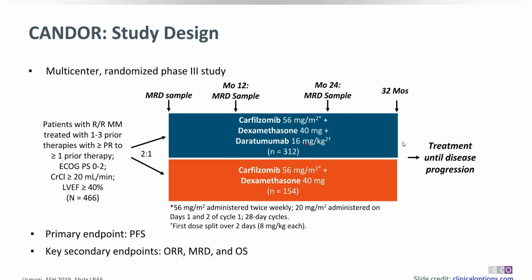For the initial 2 months it is the same schedule, as I said, every week. Then 4 months is different, monthly, and after that for 6 months or so. So this is a step-ladder sort of dose schedule for 16 mg per kilogram of daratumumab. The dose schedule is the same irrespective of the line of treatment: second line, third line, or fourth line. Carfilzomib-dexa was the control arm and this was the experimental arm. MRD samples were drawn at months 12, 24 and 32. MRD means minimal residual disease, which is done by flow cytometry on the bone marrow sample.